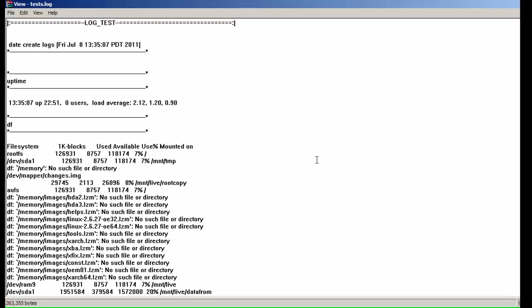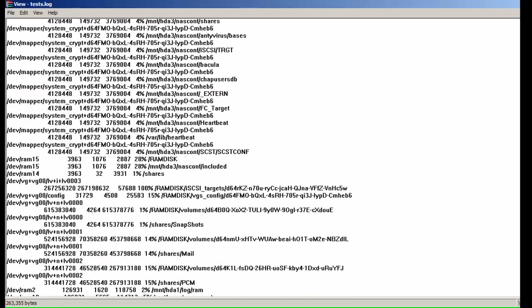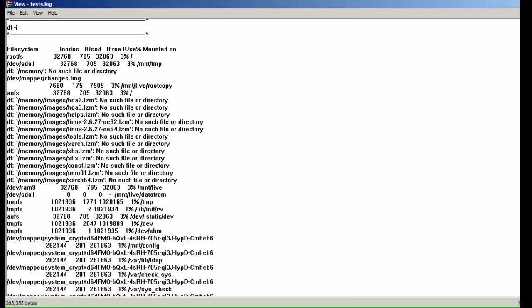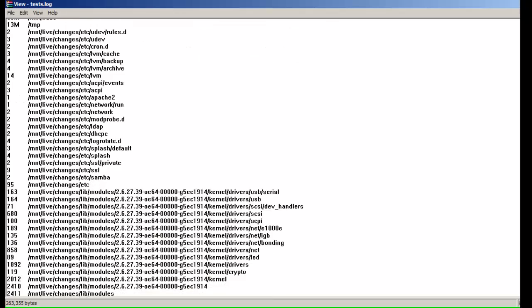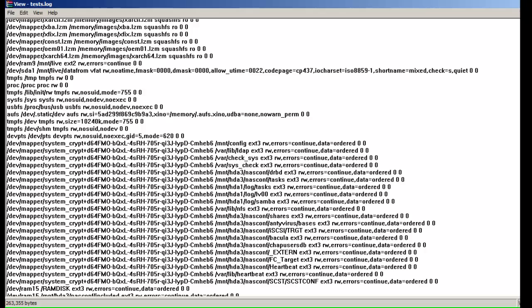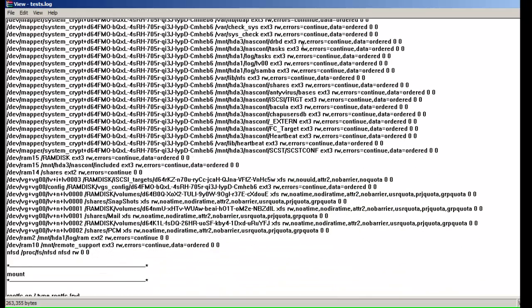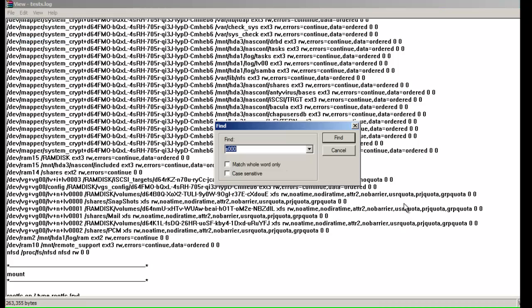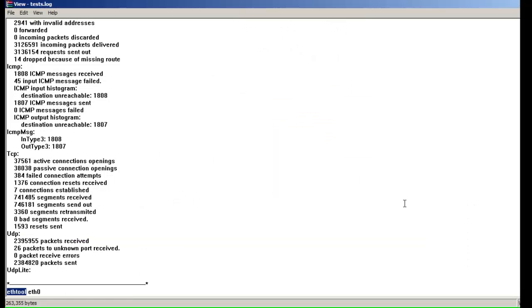Now, the test.log is very, very big. So we're not going to be able to scroll down through all of it, because when I scroll here, you could see there's just a plethora of information that goes on and on, but it's very detailed, and for us engineers, it's important because we're trying to collect as much information as possible. So I'm going to take us right down to what's called the ethtool. So I'm going to go to Find, and let's go ethtool, and it takes us right down to the